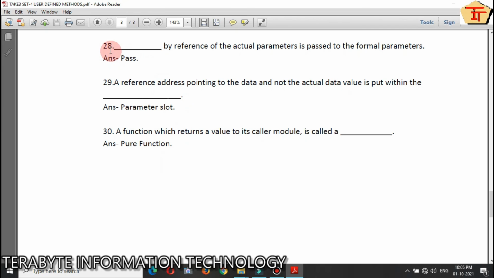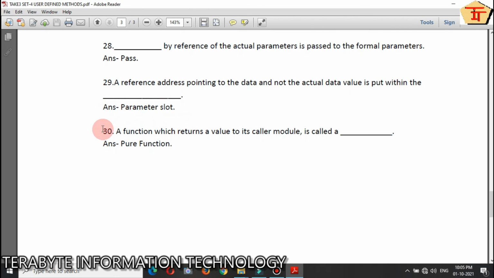Question number 28. Dash by reference of actual parameters is passed to the formal parameters. The answer is pass. Question number 29. A reference address points to the data and not the actual data value is put within dash. The answer is parameter slot.